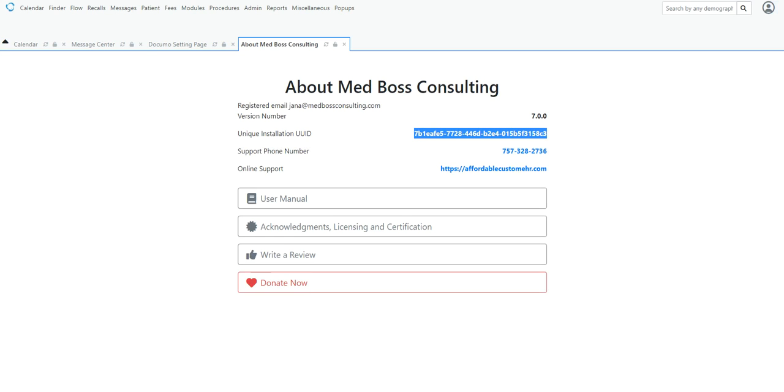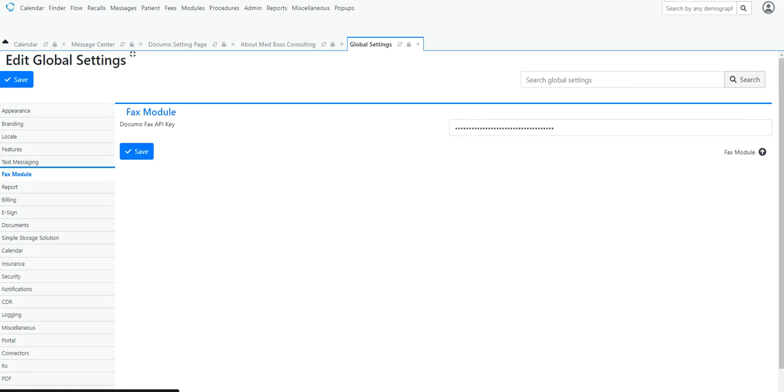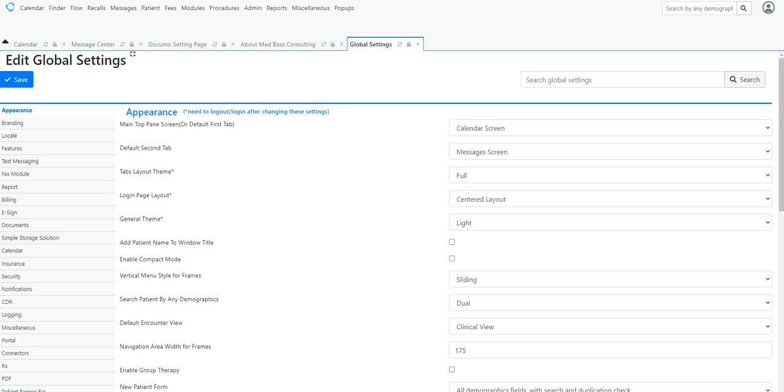program properly. So if you go to Administration, Globals, and once you install the module, you should see this Fax Module tab here. Take your installation key ID and put it in here. Once you put your installation ID key in here, save that, then log out and log back in. When you log back in, go to the Modules tab, and you should see this right here where it